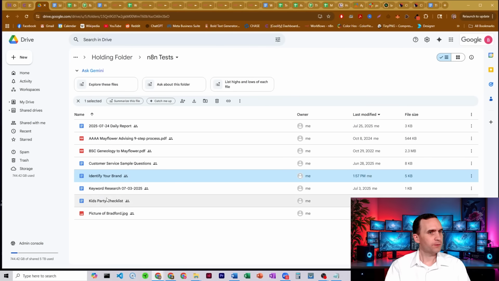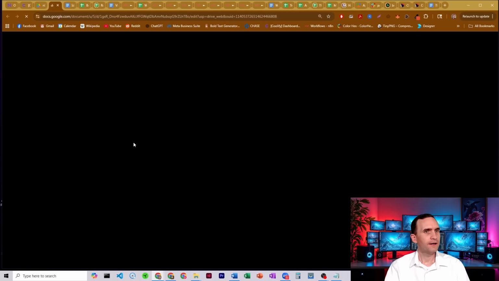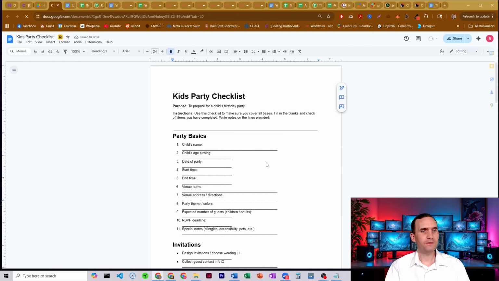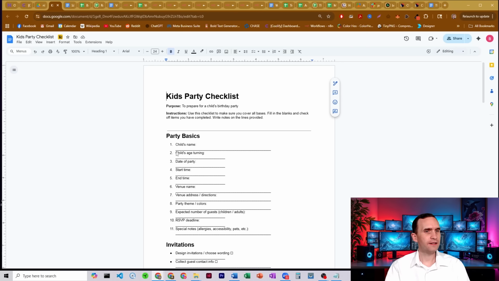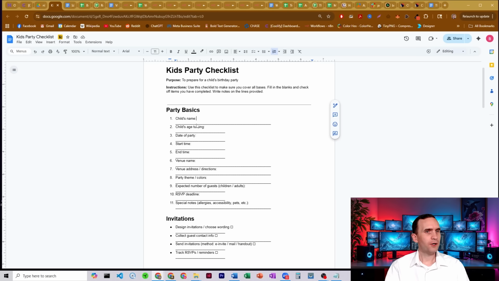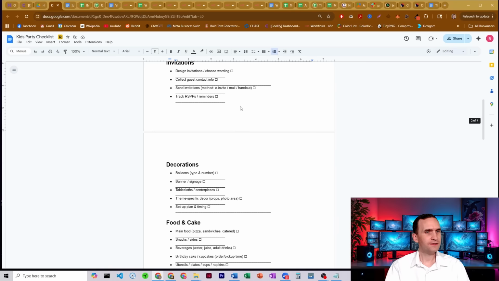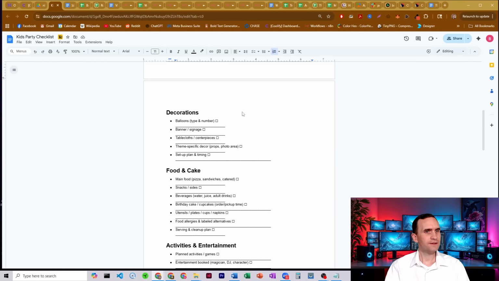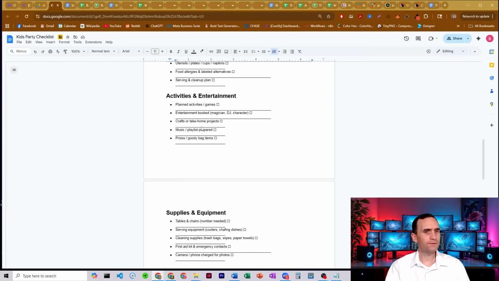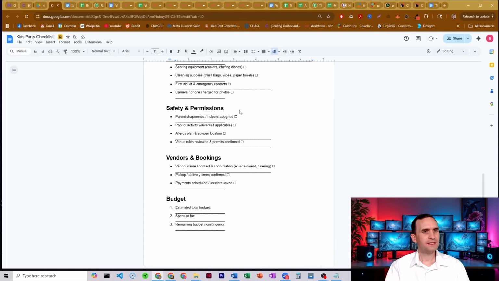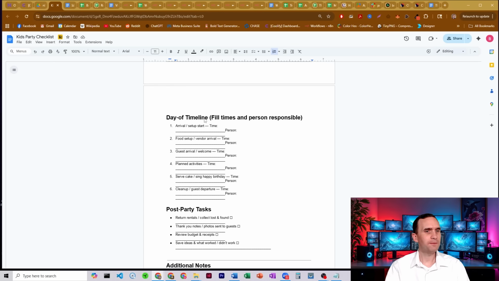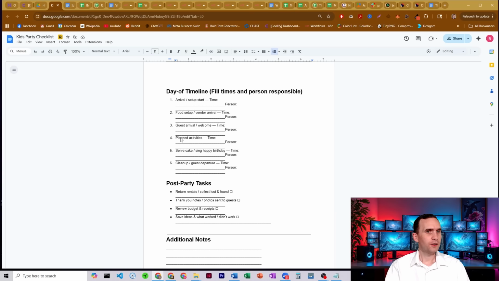And let's check out this other one, the kids party checklist. This one, it's supposed to be fill in the blank. So look, they've perfectly got lines here. And it looks like they're underlines. Maybe they're just underscores, but party basics, invitations, decorations, food and cake, activities. It's all fill in the blank, supplies, equipment, safety and permissions, vendor budget, timeline, time of day,